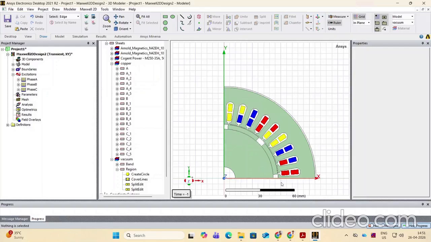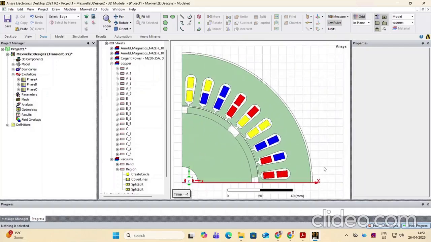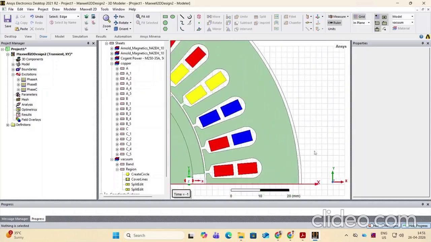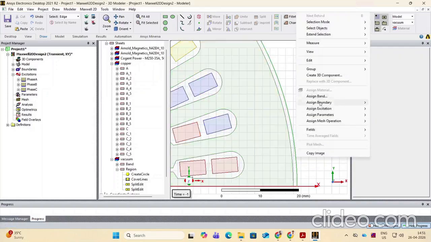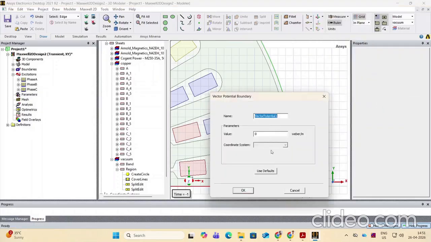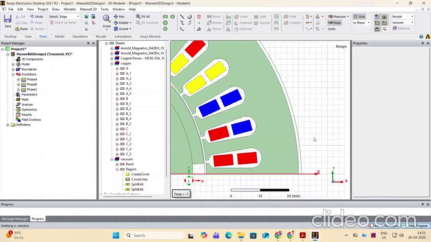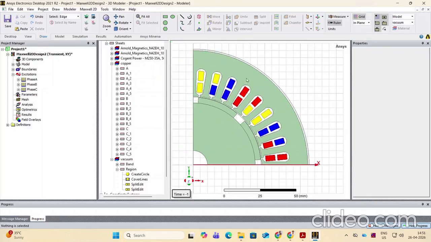Okay. Another boundary you have to assign is the vector potential. For that, click on this region edge, right click, assign boundary. This should be vector potential 0. Okay. Now the reason behind it: